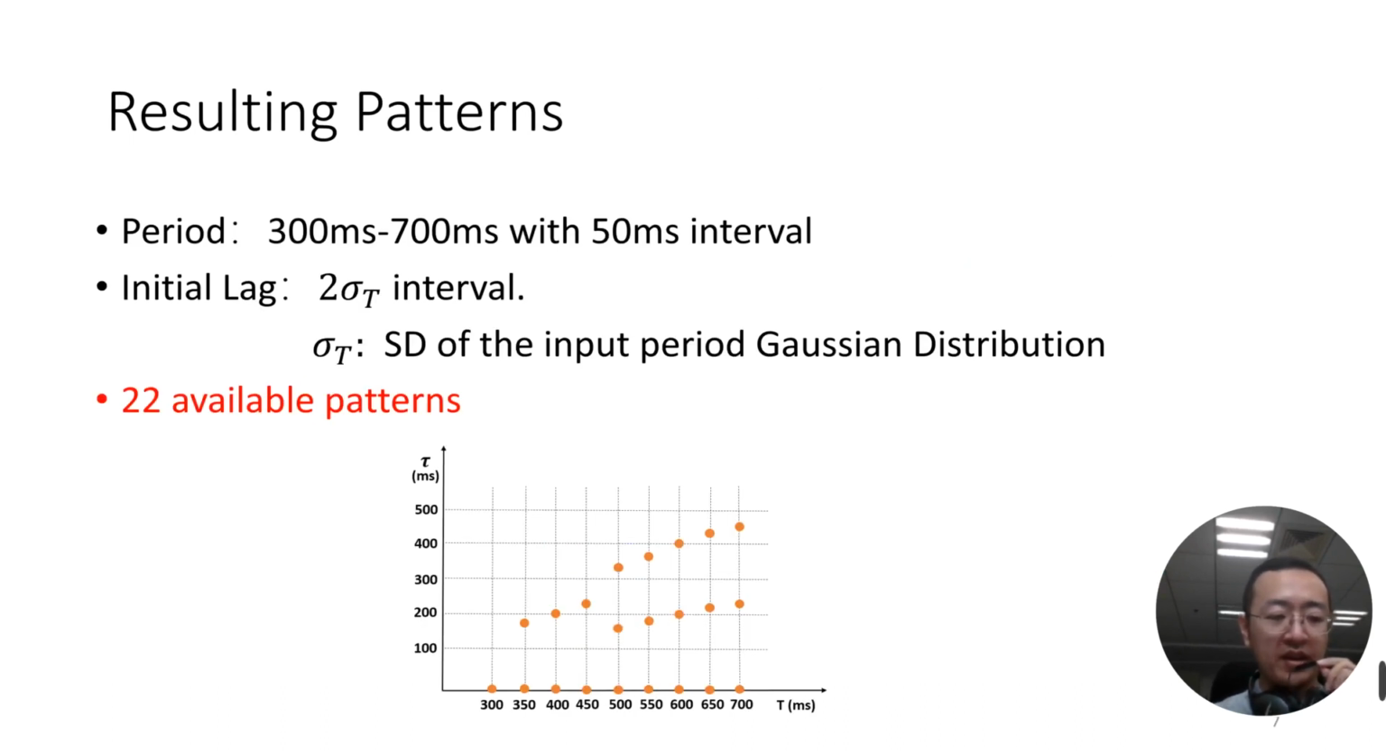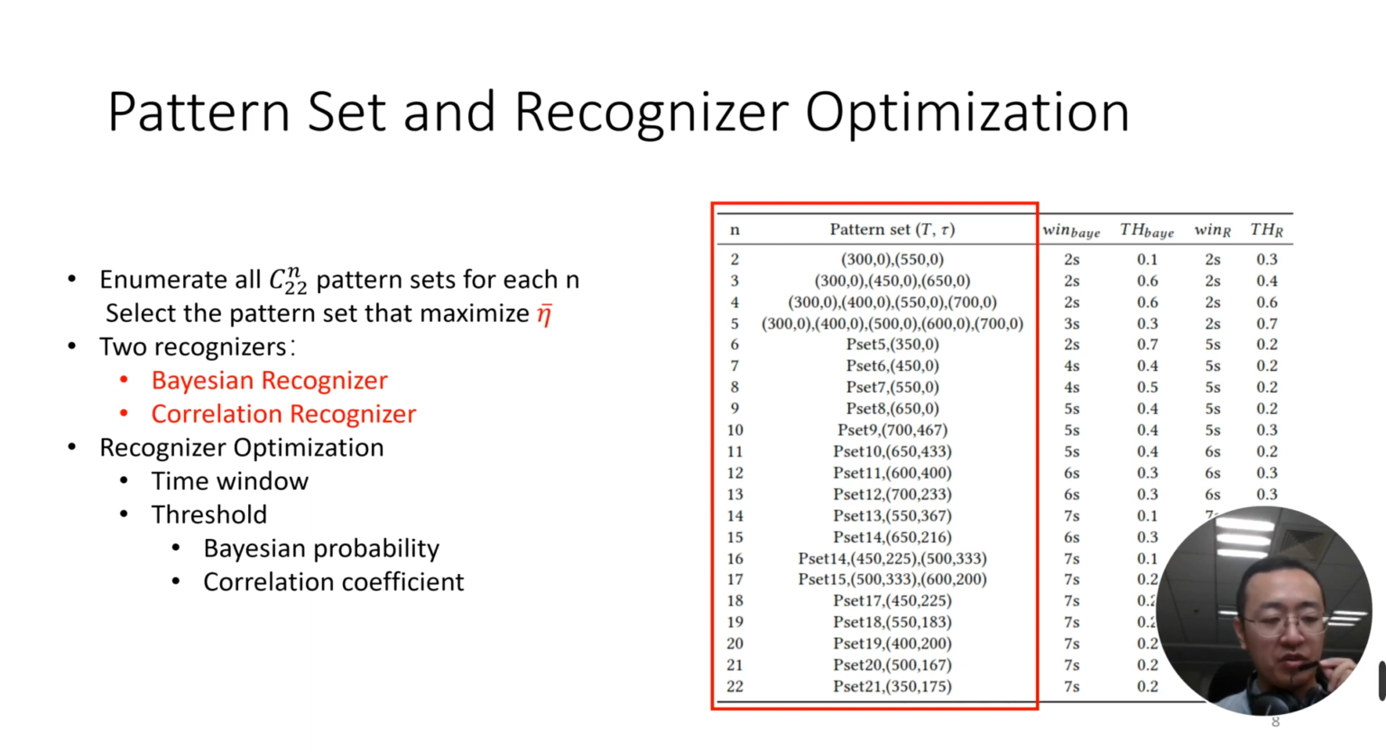So the resulting patterns are 22 patterns in the 2D design space, and the period is from 300 to 700 milliseconds separated by 50 milliseconds, and the initial lags are separated from each other by 2 sigma t, where sigma t is the standard deviation of the Gaussian distribution of the input period. We then enumerate through all pattern sizes from n equals 2 to 22 to search for the pattern set that maximizes average